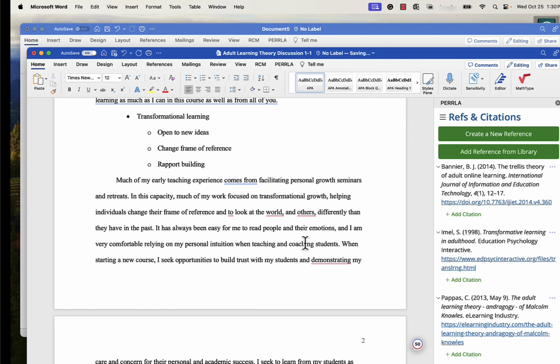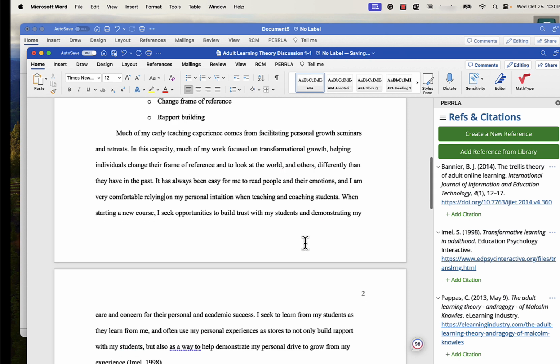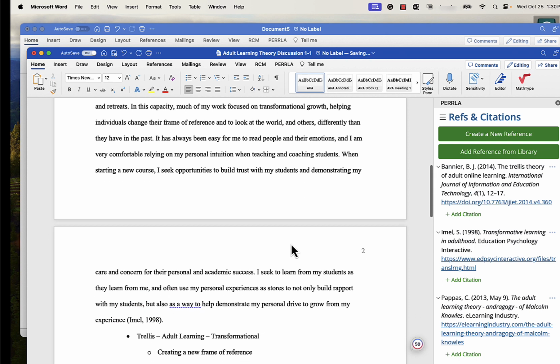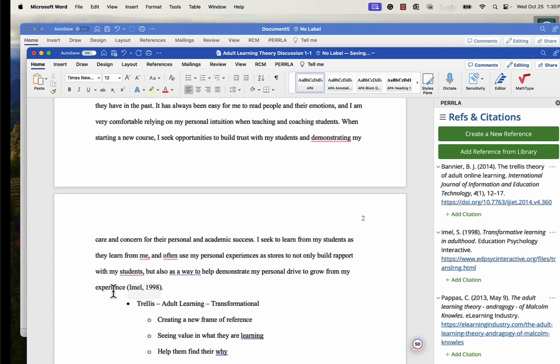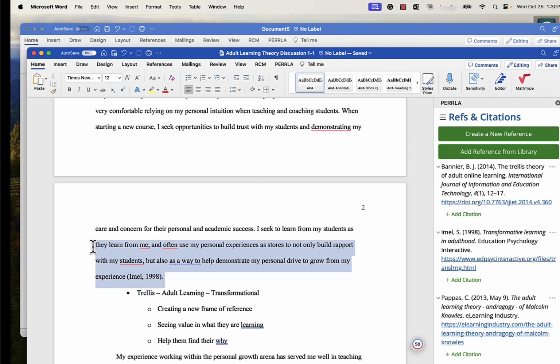When starting a new course, I seek opportunities to build trust with my students and demonstrate my care and concern for their personal and academic success. I seek to learn from my students as they learn from me, and often use my personal experience as stories to not only build rapport with my students, but also as a way to demonstrate my personal drive to grow from my experiences. I'm going to rewrite that because that's not well written, but again, I'm still in that draft